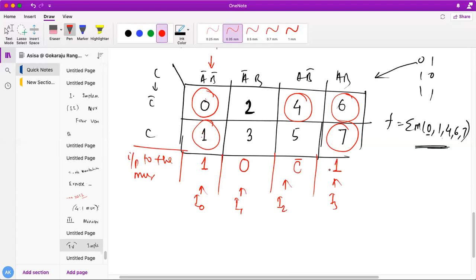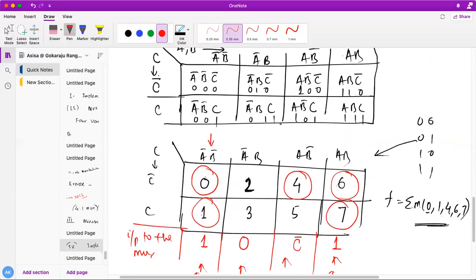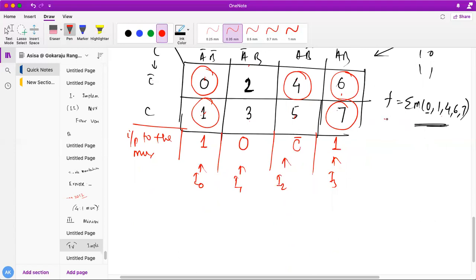It's very simple. What I have done, I have just written the particular position values of min terms. 0, 0, 0 means 0, 0, 0, 1 means 1, 0, 1, 0 means 2, 1, 0, 0 means 4, 1, 1, 0 means 6, 1, 0, 0, 1 means 1, 0, 1, 1 means 3, 1, 0, 1 means 5, 1, 1, 1 means 7. Now I just went to my function, what is given. Whatever is given in the min term, just round those things. Whatever is not given, just leave that, don't round.